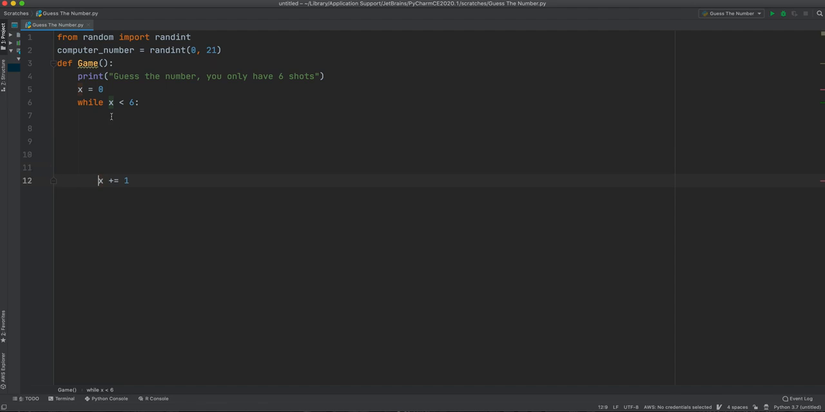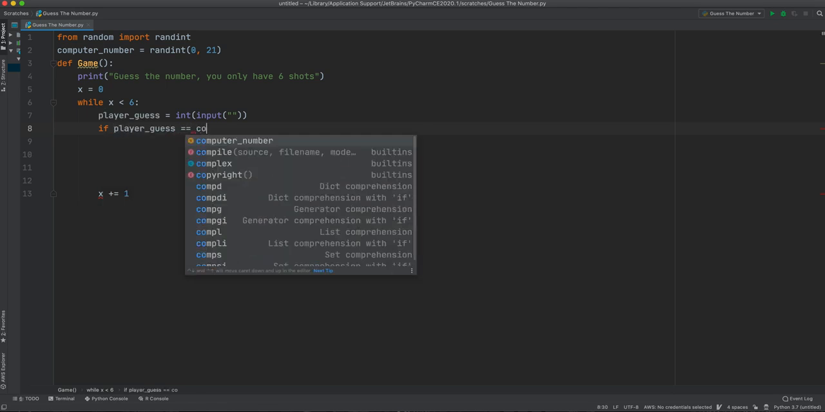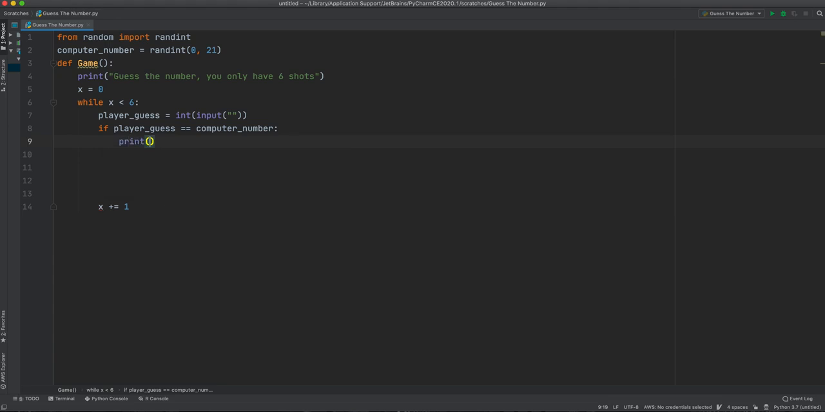But I'm going to make that in a lower part of this while loop and write our functional part of our game. So we're going to have another variable saying player's guess, which will be our input, saying int input. The reason why we're putting int here is to compare this variable with our computer's variable. If we don't write integer here, it won't be compared. So later we will have an if statement saying that if player's guess equals the computer's number, it's going to print